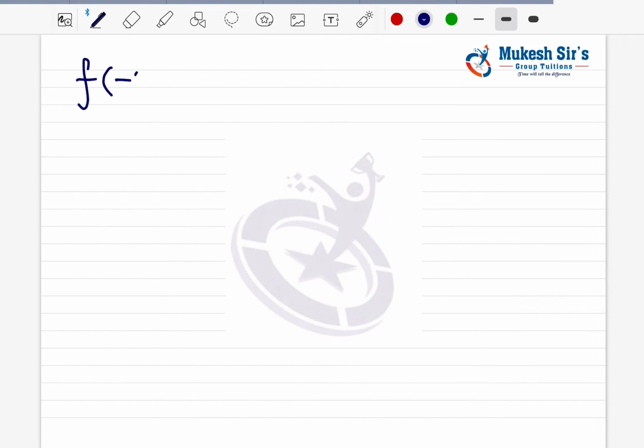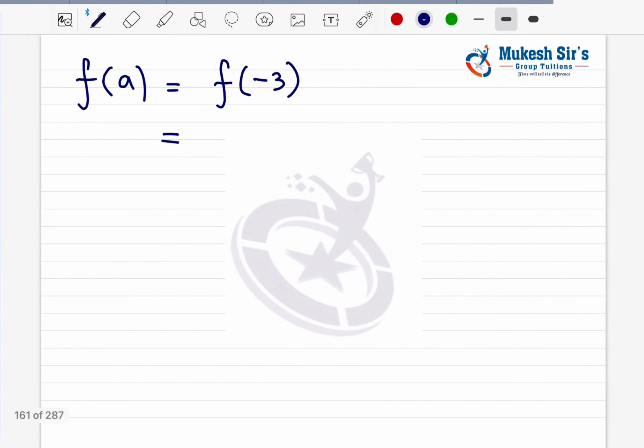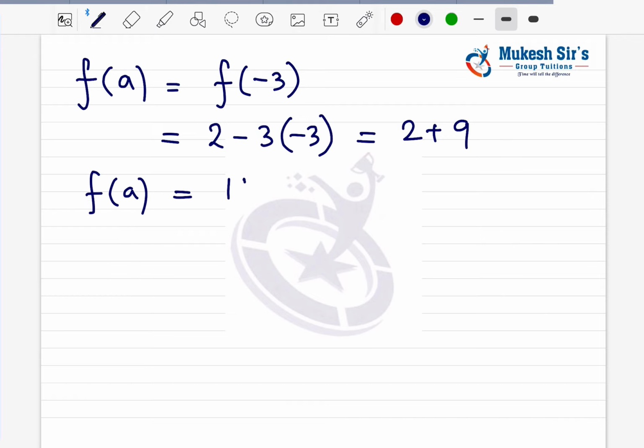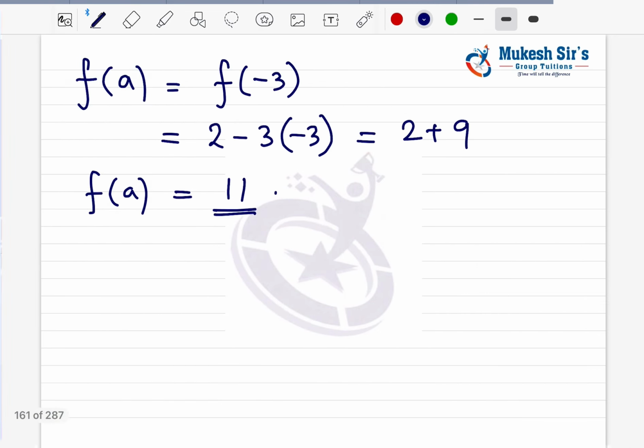Now we find the value of f of minus 3. F of minus 3 is basically f of a ka value. Now equal to minus 3 also lies in this function only. So इसमें minus 3 डाल दो, क्या मिलेगा? 2 minus 3 into minus 3. That becomes 2 plus 9. So f of a ka value is 2 plus 9. That becomes 11. Right? So this is when x is greater than 3. Now when x is less than 3,